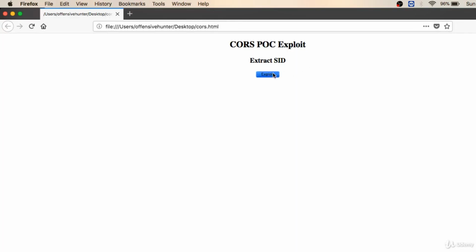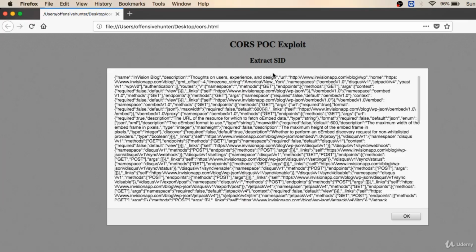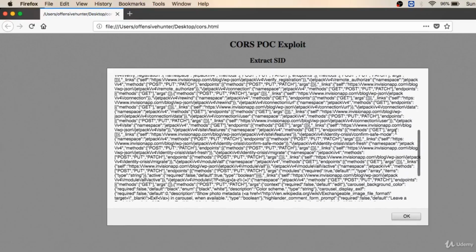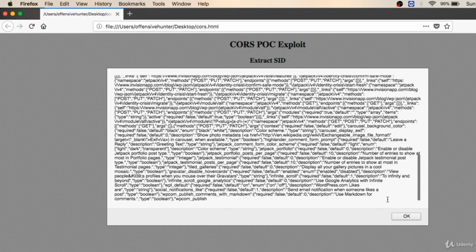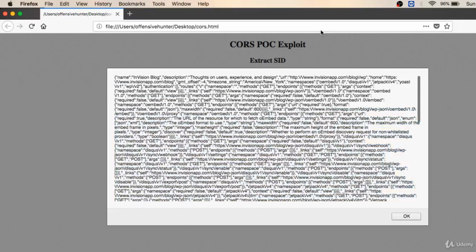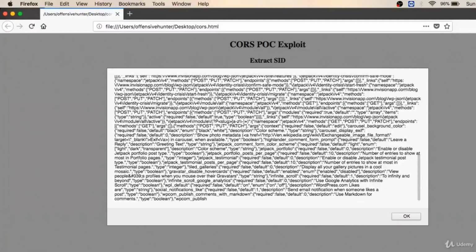I'll now check. See this? You got that XML response there. The post, patch, every method gets. See this? So this is the data you are getting from that endpoint, the envisionapp.com/blog endpoint. So this link is vulnerable. Now